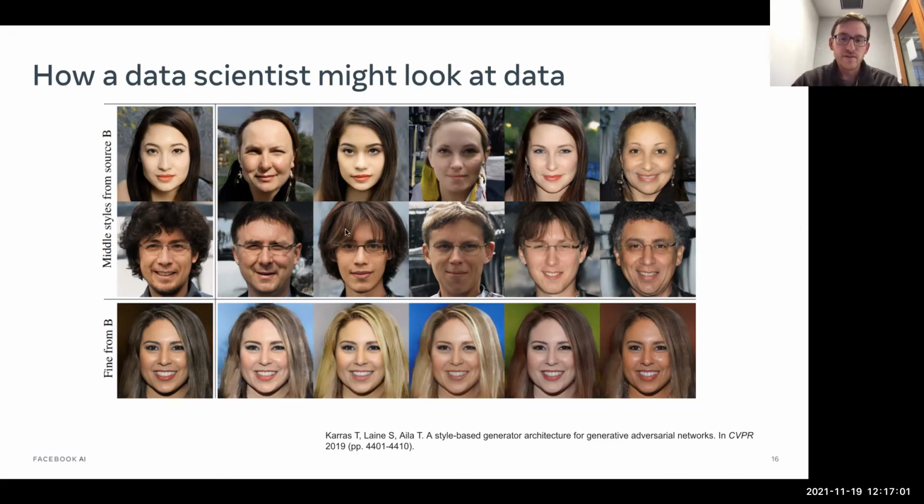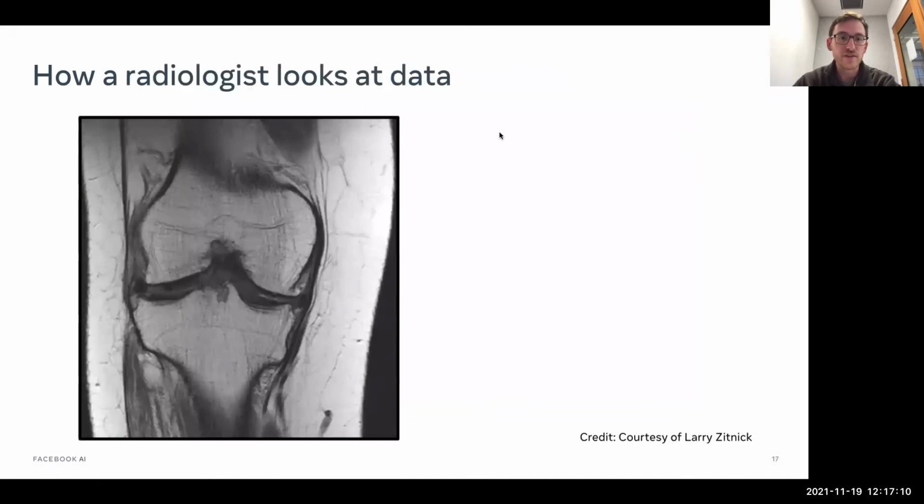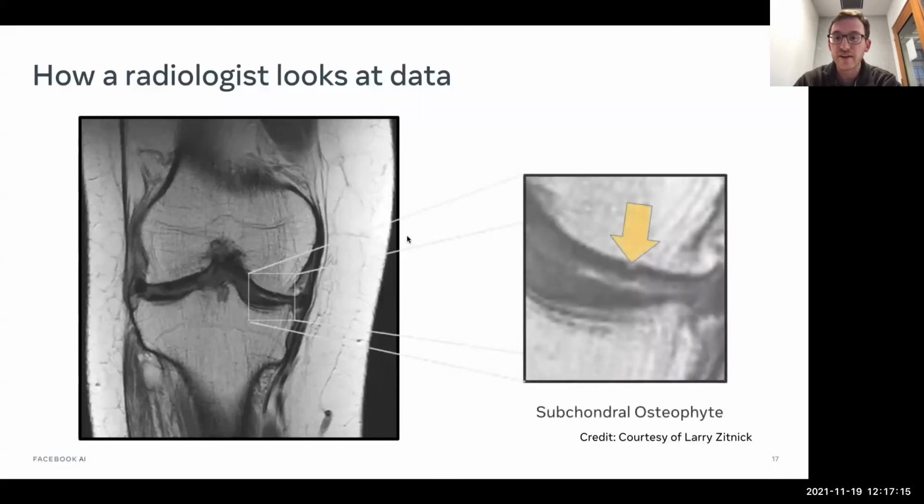And this is a good way to see overall data, but the issue is it's not really how a radiologist looks at a scan. What they do is they might take one image and zoom in on a tiny itty bitty area of it. So in this case, I'm focusing on this part of the knee. And then they look right here and they say, oh, there's a subchondral osteophyte right there. So it's really zooming in on a tiny area of one image. And if you're looking at a whole bunch of images over a wide distribution, it's hard to notice these subtle features.